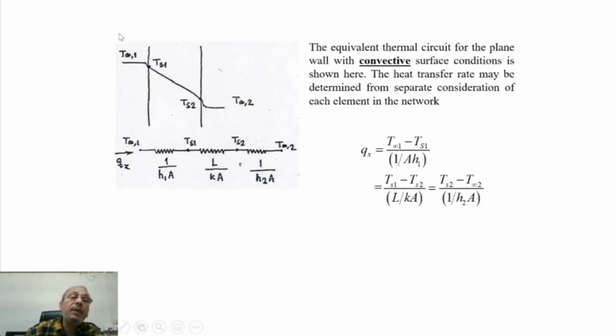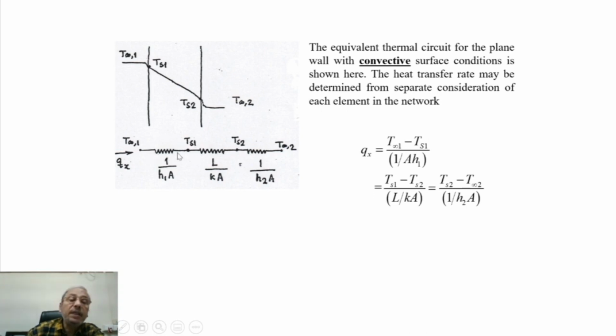This is yet another example. Ambient temperature is T infinity 1. This is a solid surface. Temperature is Ts1 and thermal energy is conducted. Here the temperature is Ts2, and on the right hand side of the slab, again we have local ambience where temperature is T infinity 2. So what we can do is set up an electrical circuit equivalent between T infinity 1 and